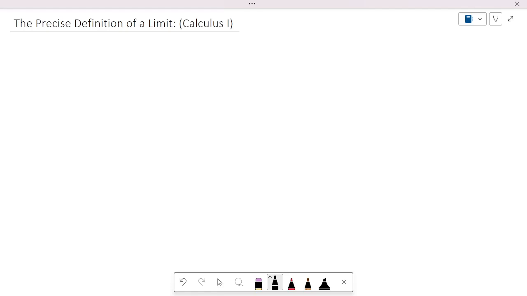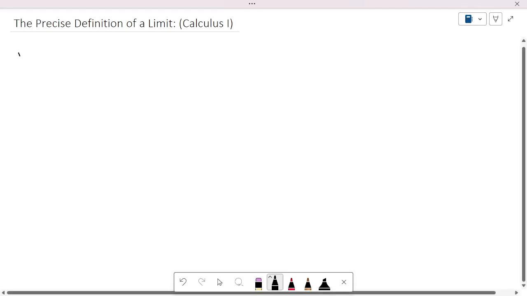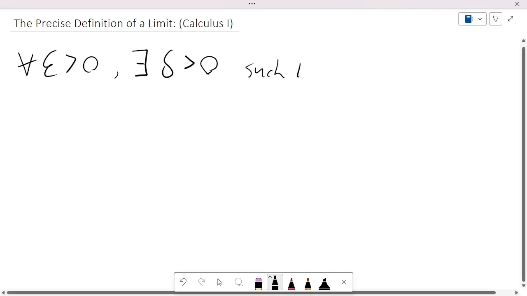Okay, so let's look at what it says actually. So what does it say? The precise definition of a limit says that for every epsilon that is greater than 0, there will exist a certain delta that will also be greater than 0. So we're saying that both of them are positive. And then we'll say such that,